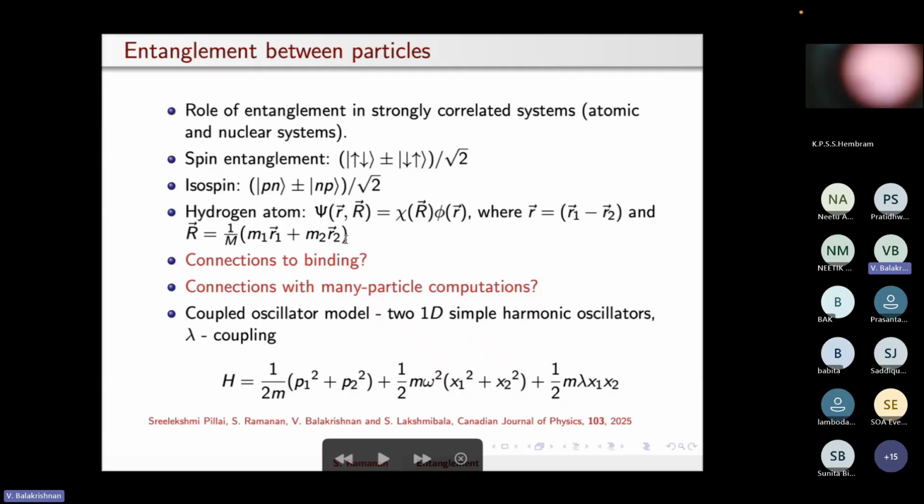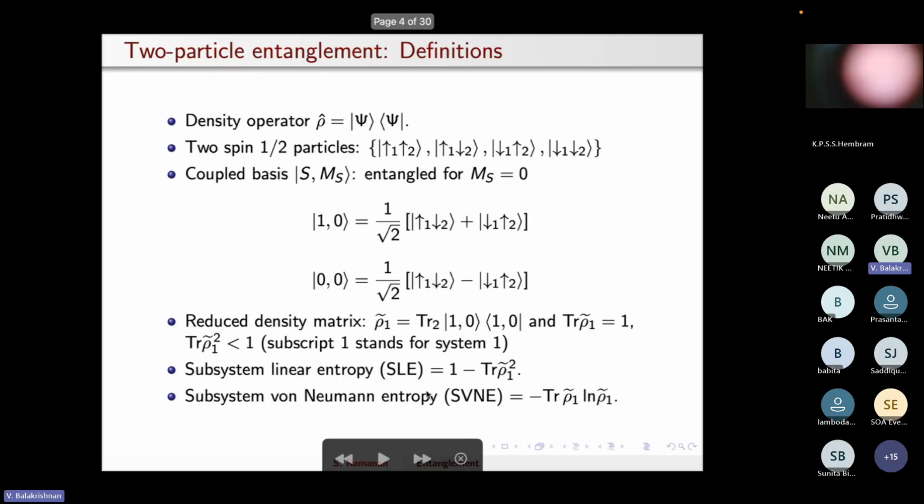A very useful model is the coupled oscillator model, which is a 1D problem. You have oscillator 1 and oscillator 2 given by the suffixes 1 and 2. This term here, m lambda x1 x2, is the coupling between the two 1D oscillators. Lambda is the coupling parameter, m is the mass, and omega is the frequency. Just to get notation straight,